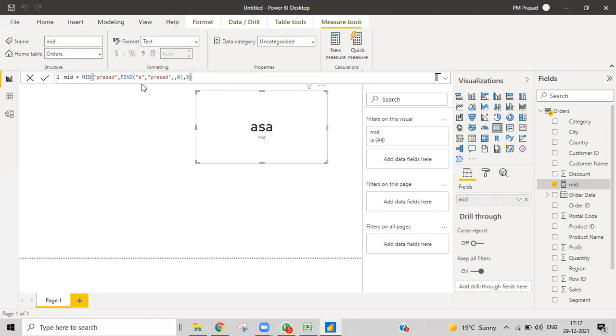Even if I want to get from A to D and I don't know where D is, I want to get from A to D. So again you'll write FIND and then write D. If we find D like that, it will give 6, meaning it will count 6. But we don't want to do that. So we need to find A, and then find D, and from that D we need to subtract A, and then we'll get the remaining.